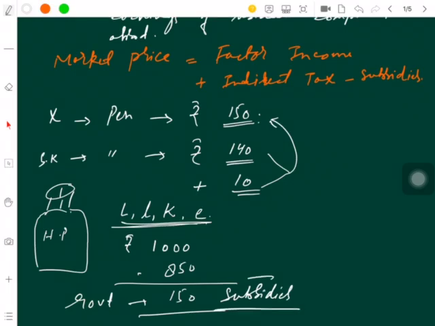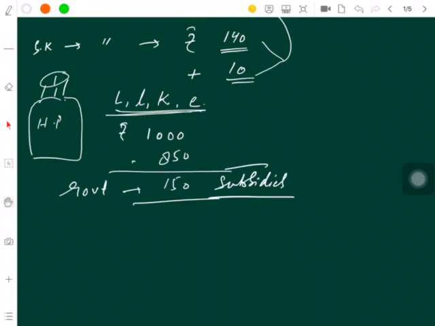So you have to keep both things in mind, taxes as well as subsidies, when you talk of the market price. Likewise, factor cost is equal to market price minus indirect taxes. Gross domestic product at factor cost will be equal to GDP at MP less indirect taxes. So we now will be able to perform some basic calculations or basic activities, and we may be able to understand it really properly. Before we do certain numericals and all, let us make a structure in order to make you people